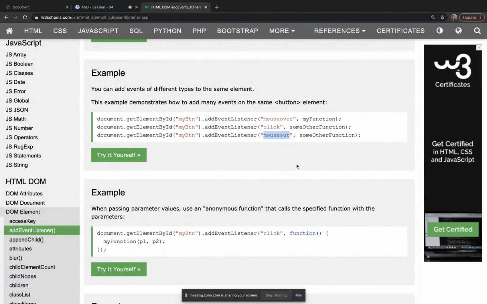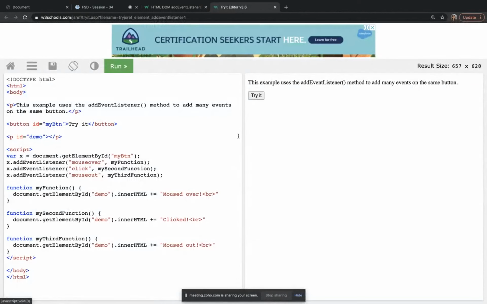We can check here. So mouse over, mouse click, and mouse out. When I'm hovering over it, it is saying something. What it is saying: moused over, and then clicking it, it will say clicked, and then mouse out.